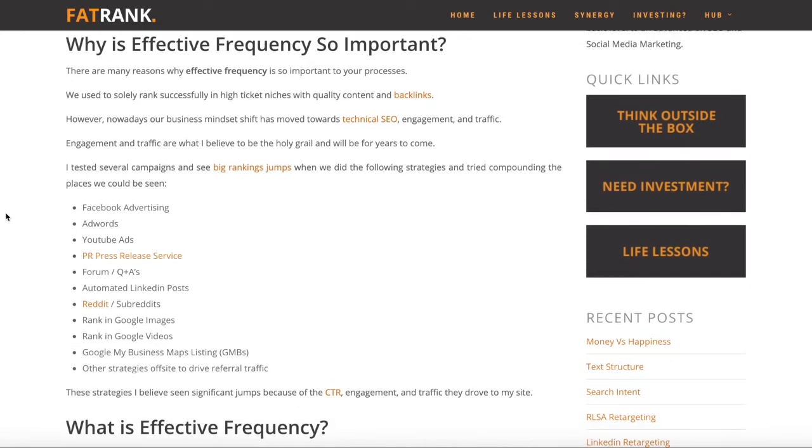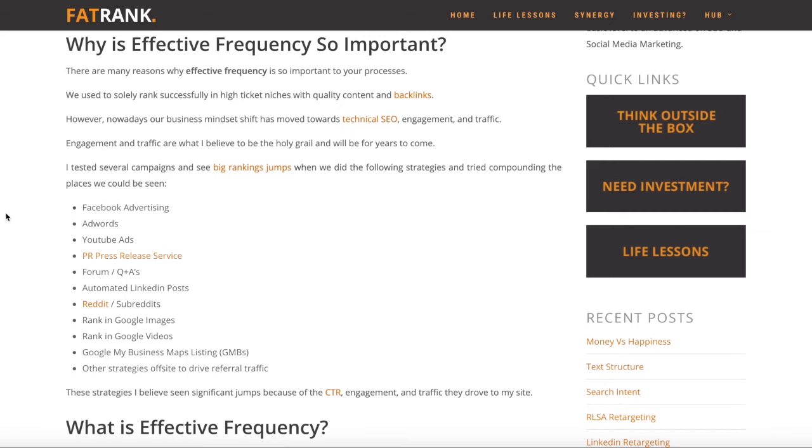And the reason why it's so important is because people get so focused on one thing with SEO, or maybe PPC, or any kind of marketing really online. People really focus in on, okay, I need to rank my website in Google for these 15 keywords, and that's going to make me all my money. In actual fact, there's a lot of different ways that you can be successful online through effective frequency. And that can obviously mean ranking your keywords in Google, but it can also mean things like, as I was saying earlier, advertisements, ranking in different places, all that kind of stuff, answering people's questions even on Reddit,